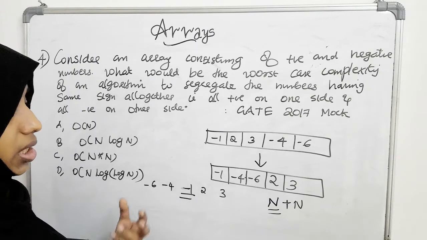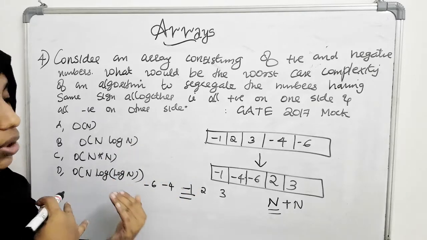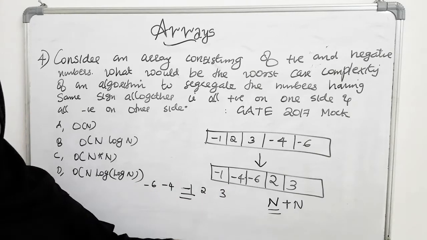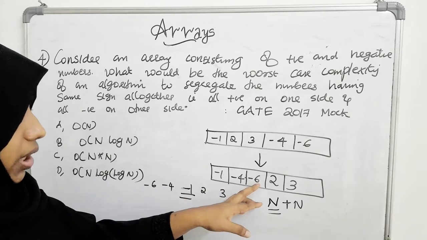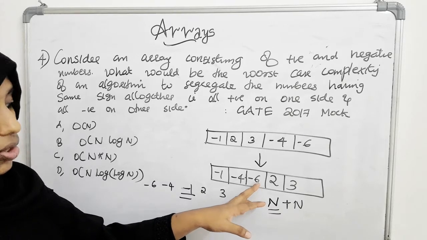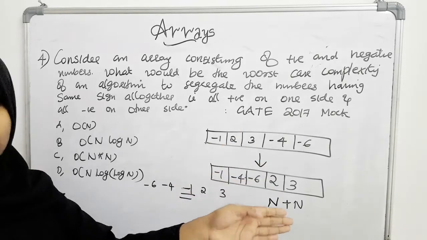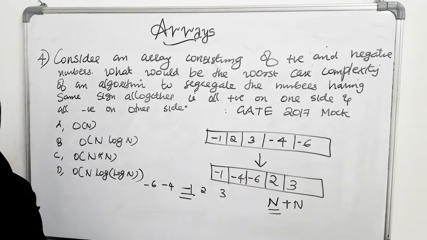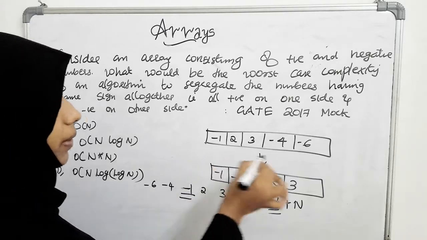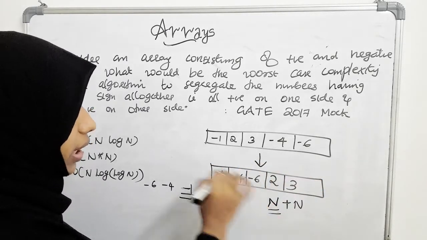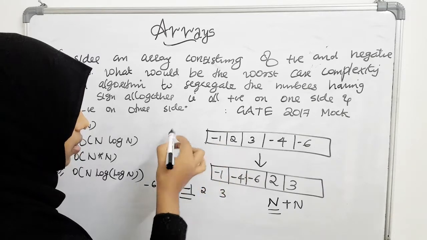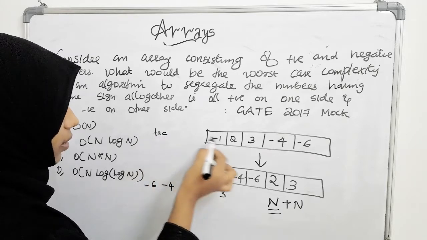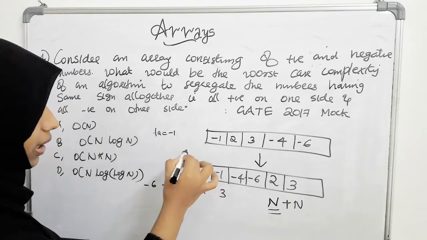In the partition, all the numbers less than the pivot will be to the left, and all the numbers greater than the pivot will be to the right. Since we take the largest negative number as the pivot, the elements to the right of the pivot will definitely be positive numbers, and the elements to the left will definitely be negative. Finding the largest negative number just takes n operations. You can take a variable, say LA, and update it. When you see -1, that becomes the largest negative number.